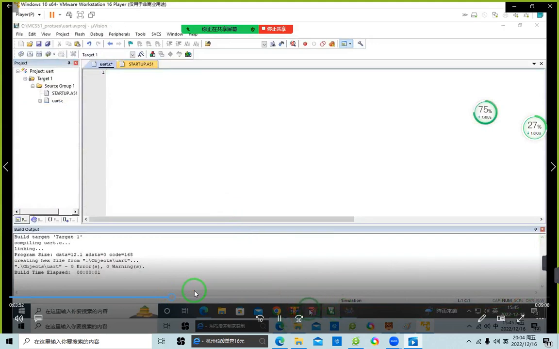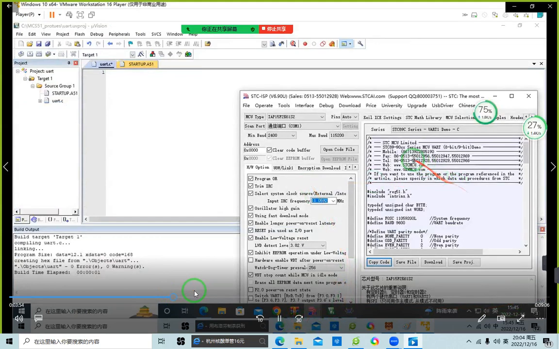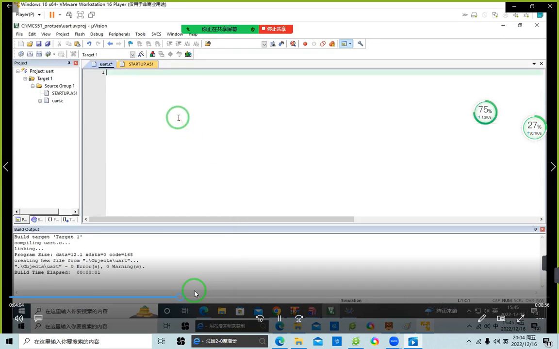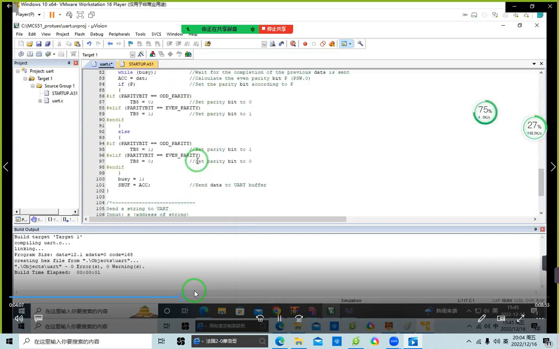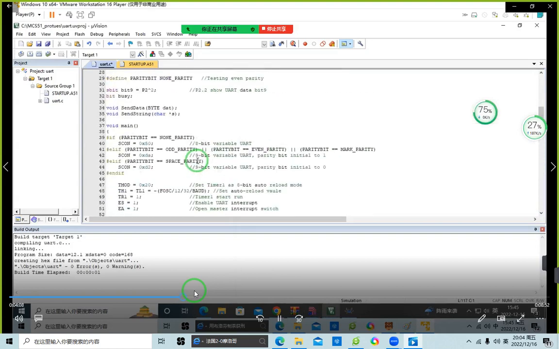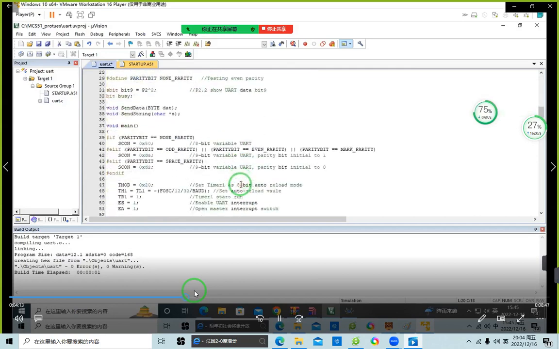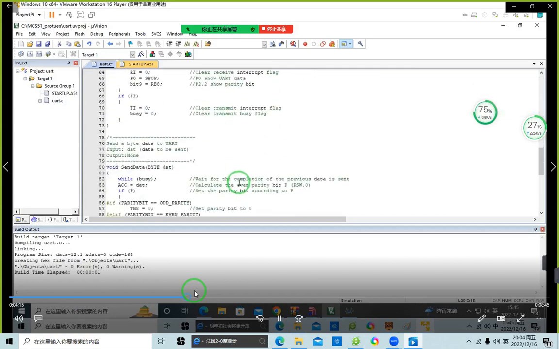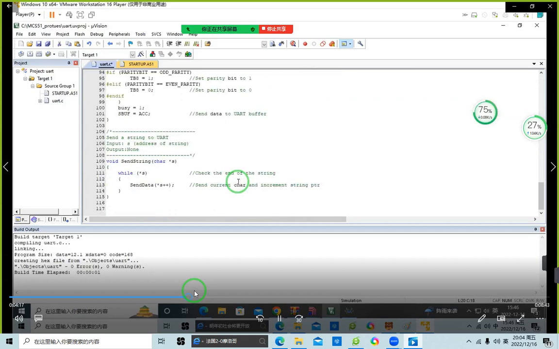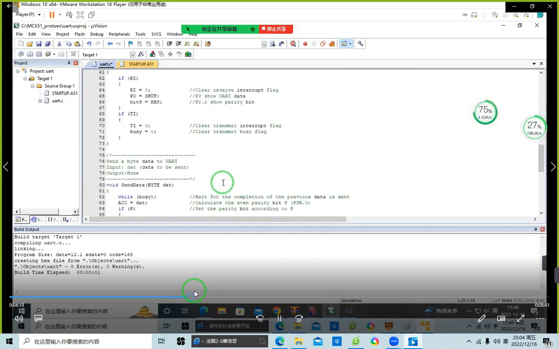Okay, right now I will paste the code from the demo software. Copy this code, UART communication code. These are all the common used code. I copied it to my project. And then revise the baud rate. Then we can see